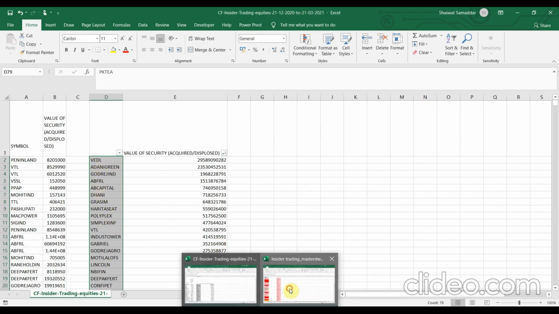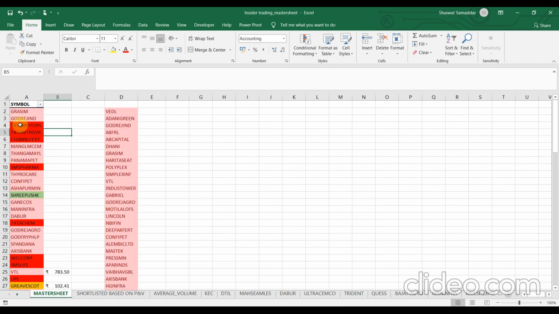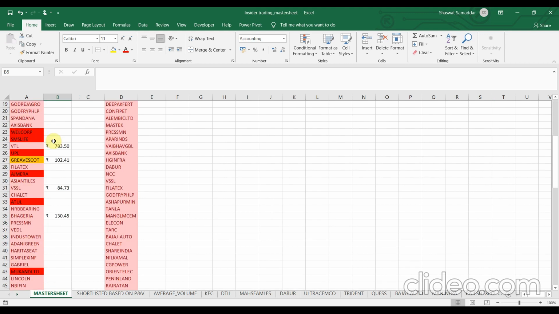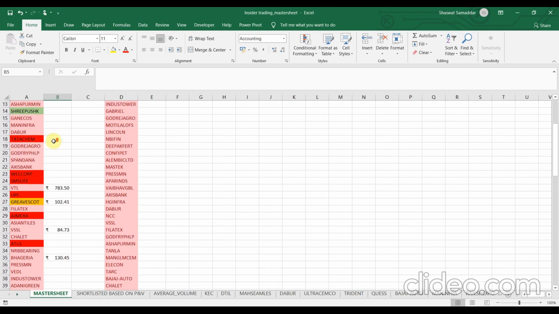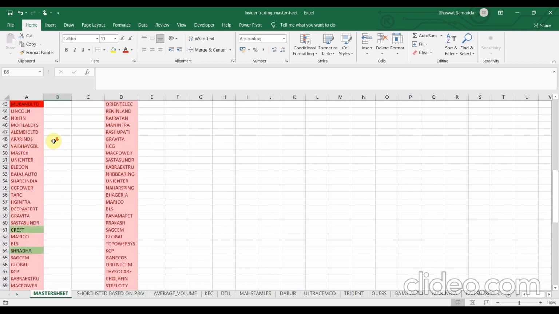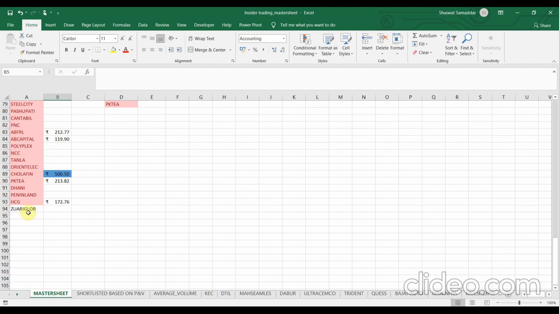So these symbols might have failed to pass those filters. You can either remove them or keep them as they are. It does not matter. So for today we only have one single stock, Zuari Globe,